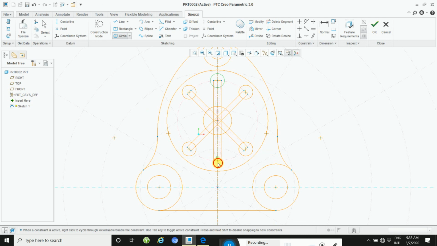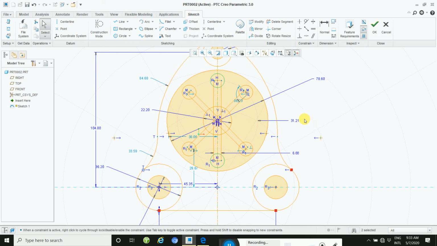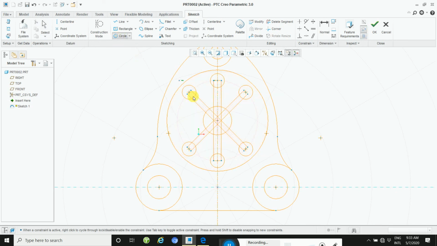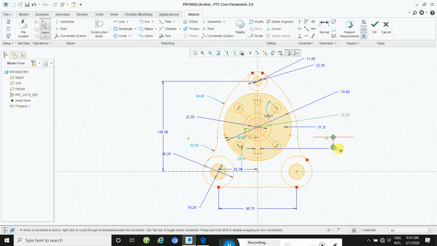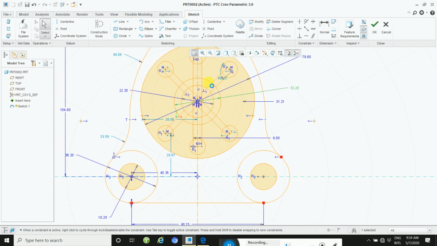Okay, and then here, and then remove this inner part. Okay, draw a circle where radius is 16.1 here. This dimension, so 16.1 into 2. Okay, and then rest of remove.